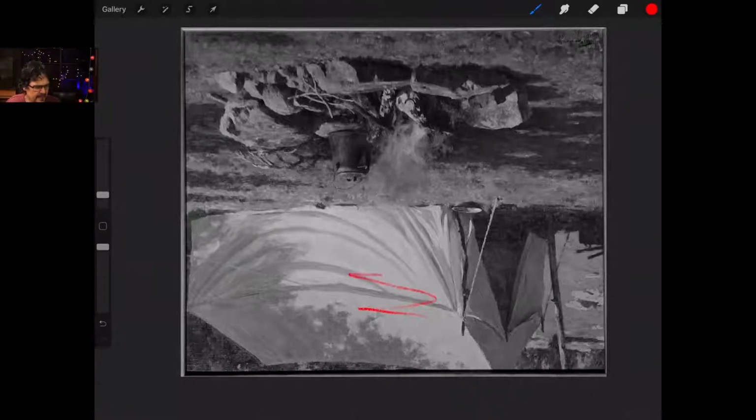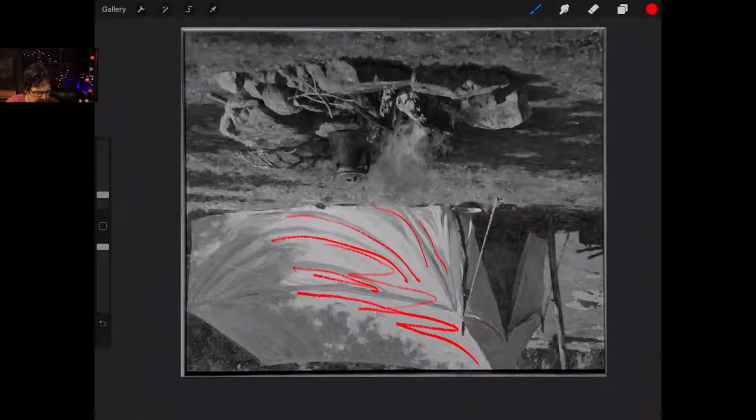Well, this guy's got value going for him. And there are some pretty active shadow shapes coming into this, which means the white shape is not only quote unquote white, but it's active.